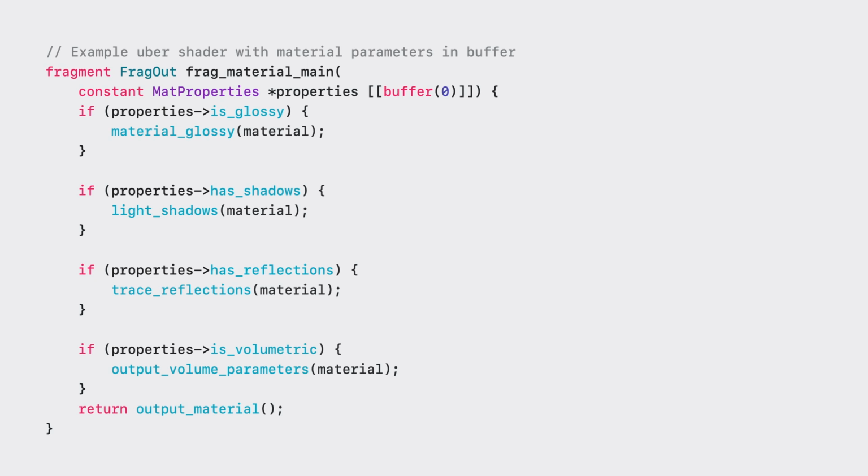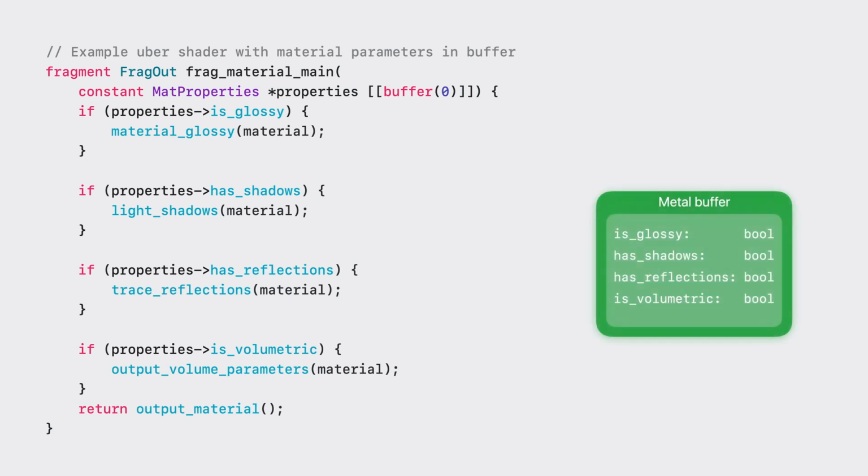An Uber shader is often complex because it can handle many different possibilities at runtime, such as rendering different material types in a 3D application. Developers sometimes make Uber shaders that read material parameters from a buffer, and then a material shader chooses different control paths at runtime based on the buffer's contents. This approach lets the shader render a new material effect without recompiling, because the only changes are parameters in a buffer.